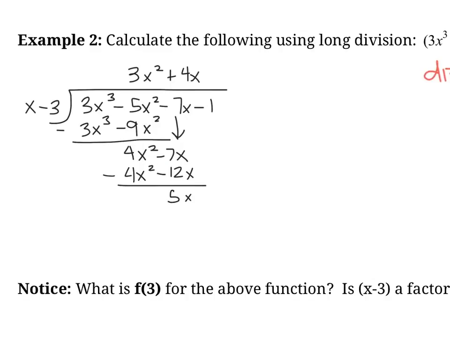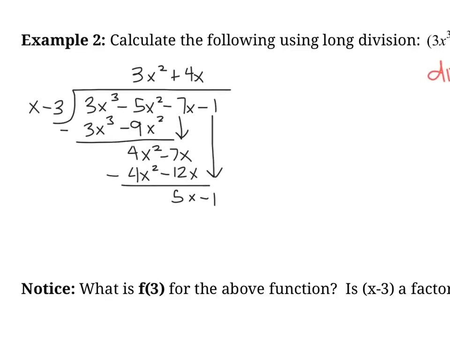And our last step, let's bring this last term down, minus 1, and continue one more time. So how many times does x go into 5x? 5 times. So we're going to put plus 5. Okay, then we're going to multiply. What is 5 times x? And then what's 5 times negative 3? So 5 times x is 5x, and 5 times negative 3 is negative 15. So when we subtract, we're going to be left with